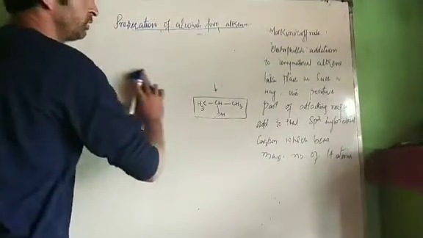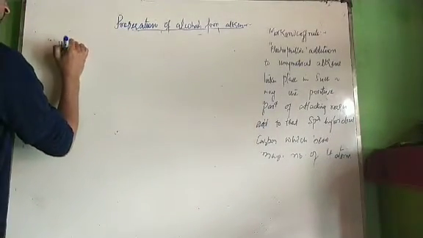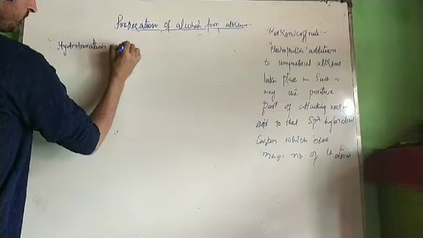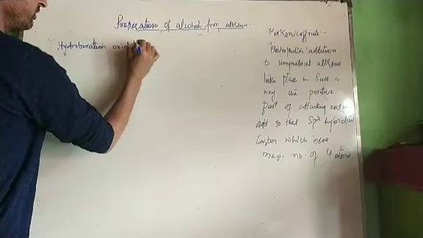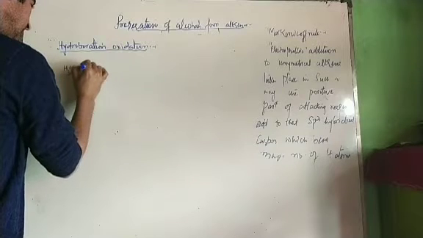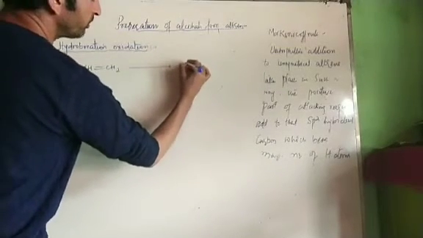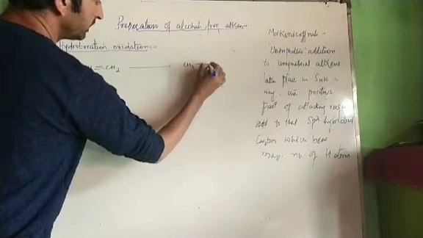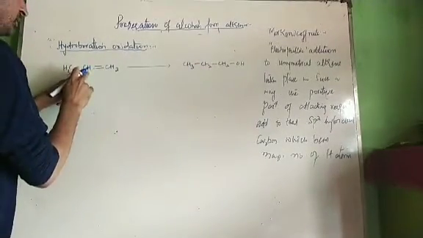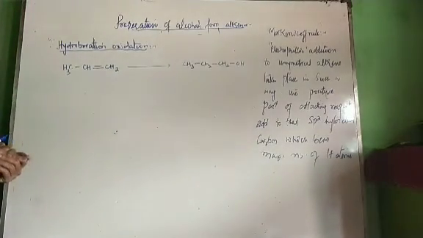Now, number two is hydroboration oxidation. We have obtained 2-propanol. What if we need 1-propanol from propene? If we want to prepare from CH3 CH double bond CH2 the 1-propanol, that is CH3 CH2 CH2OH, meaning we want to add H positive to this carbon and OH to this carbon, how can we bring it about? The process for this is hydroboration oxidation.